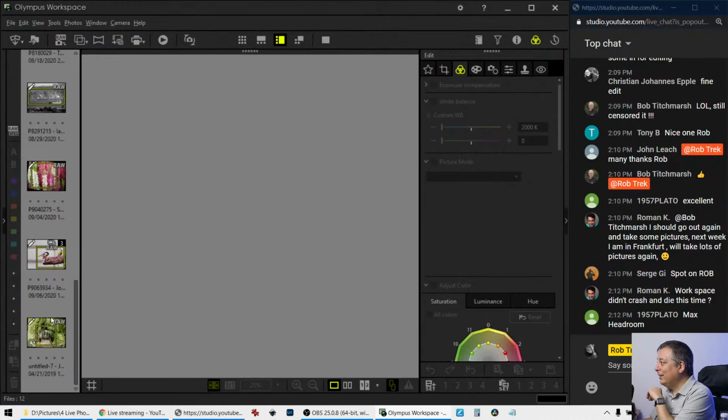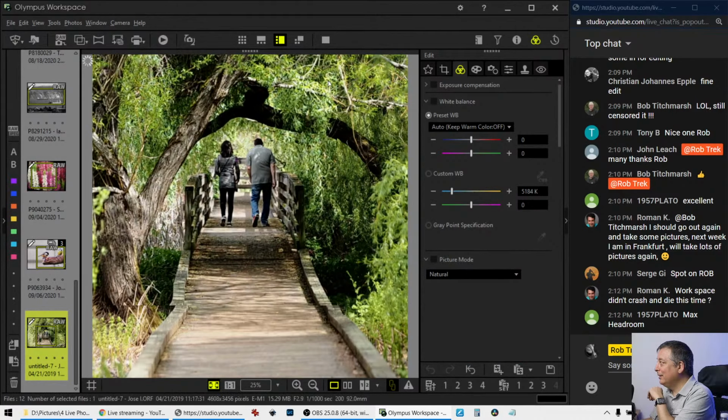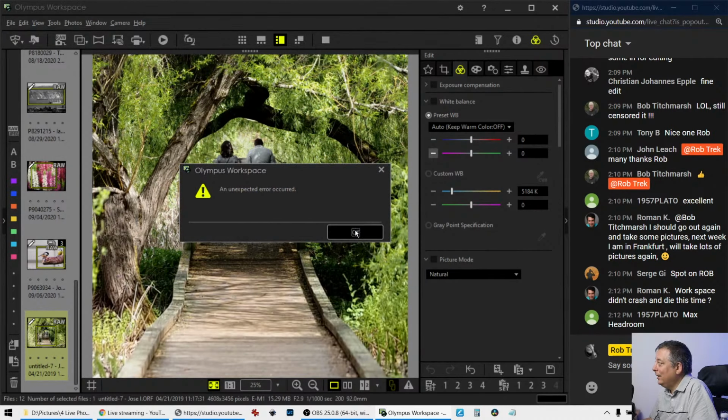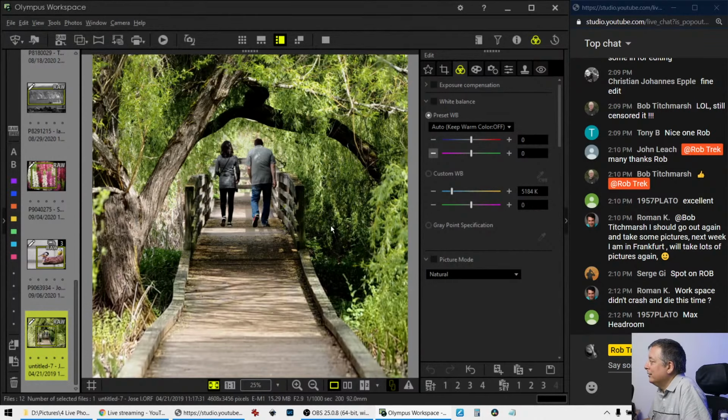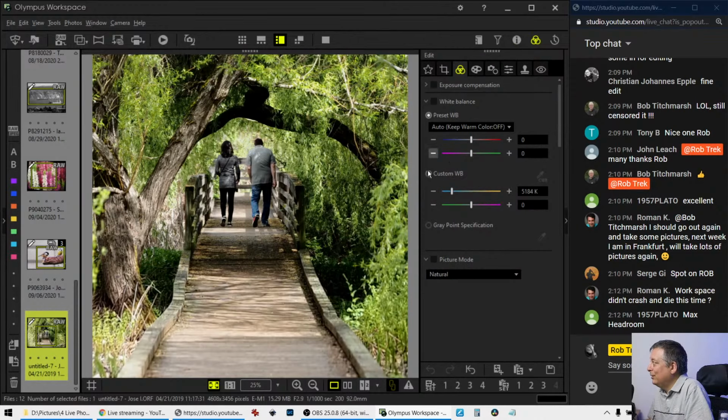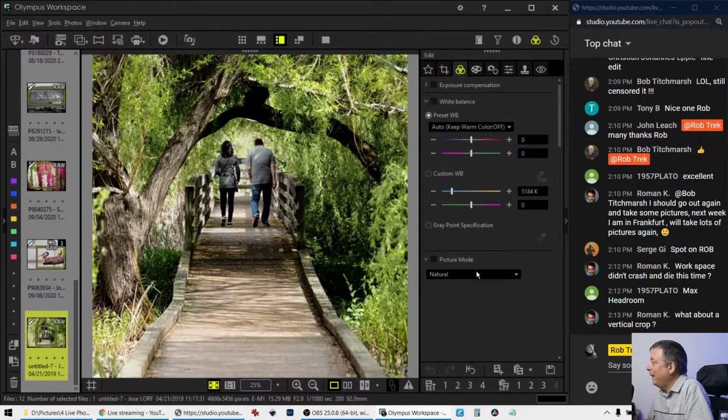All right, let's try this again. Good. Now if it doesn't crash... all right. Something about this image. Sometimes an image itself will cause Workspace to crash. So this is an original EM1 Mark 1. I don't know if it's based on camera and file format. I don't know what's causing it, but